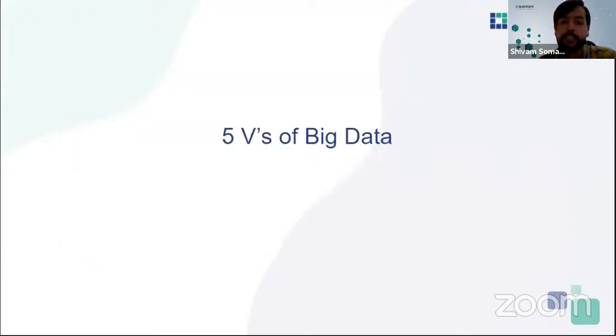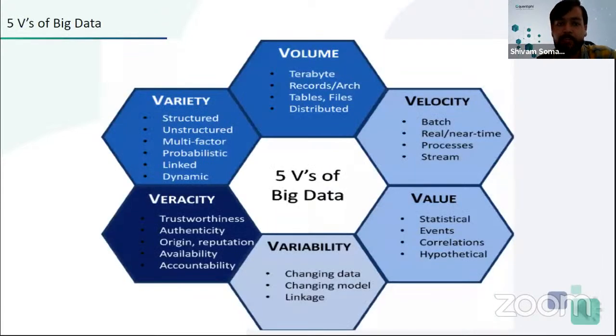Basically, what are the characteristics of big data? There is a concept of the V's of big data, which tells about its characteristics. There are 5 V's, or you can say 6 V's, or it may get more. Let's talk about them one by one.